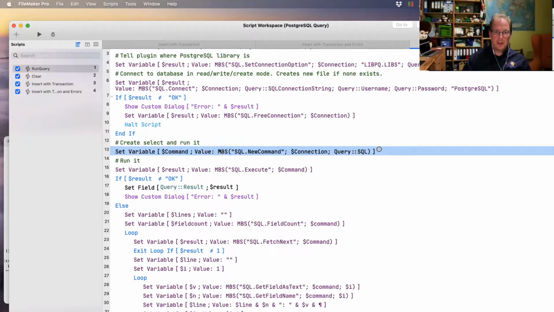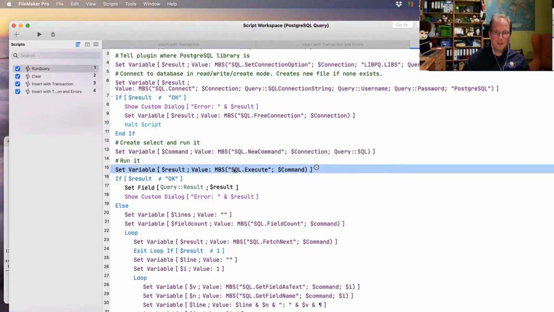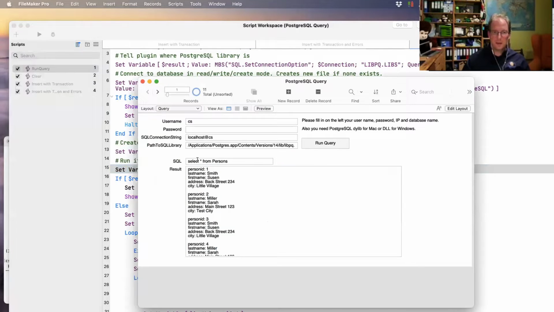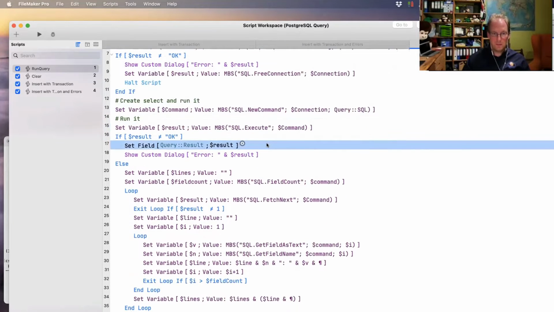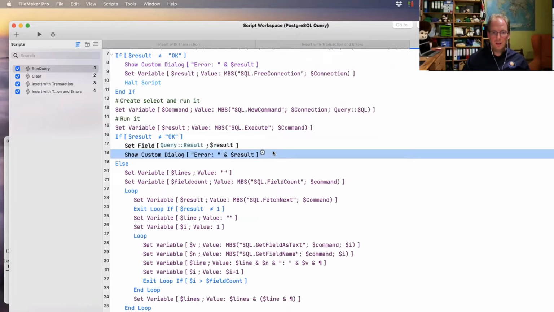And then you can set options on this command, maybe fill in some parameters, and finally execute it. In this case, it's just a SQL command, select star from persons, and we just execute it. If that is not successful, we can show an error. Otherwise, in this example,